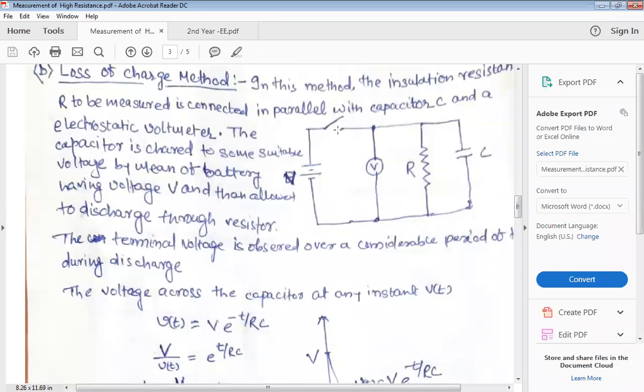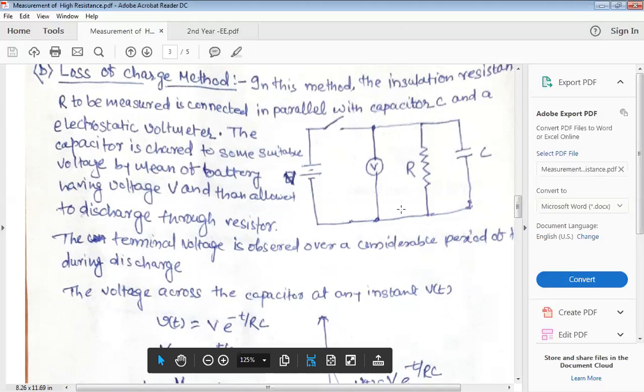Then when this switch is open, this charged voltage of the capacitor is discharged through the circuit. That means a source-free RC circuit, because at that time the capacitor's initial voltage discharges through this